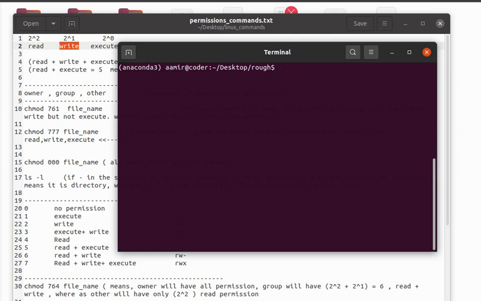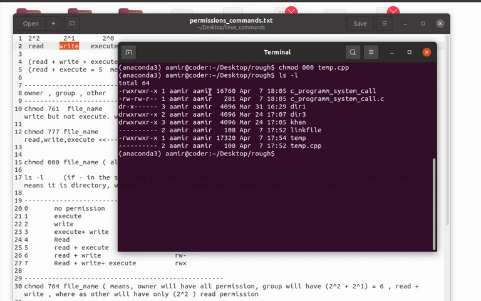So let's change to 000 temp.cpp. So let's check this, and here it is, the temp.cpp. Now I want to give all permission to owner and give some permission to others, but I want to give only write permission to the group.